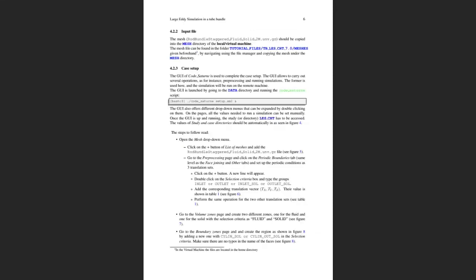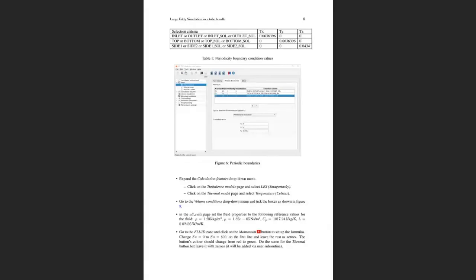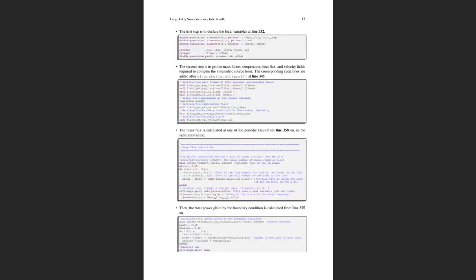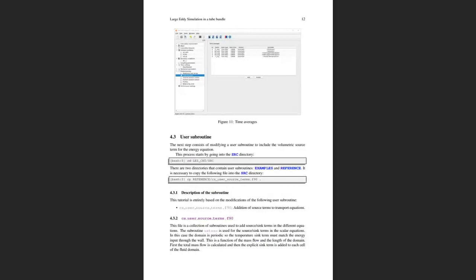And another thing that is part of this tutorial is to use a subroutine, which is explained here in section 4.3. To edit the subroutine, you can use any editor that you prefer. You can use VI, you can use Emacs, you can use Kate, anything that you have on the machine to work. Another possibility is also to use the editor in CodeSet,